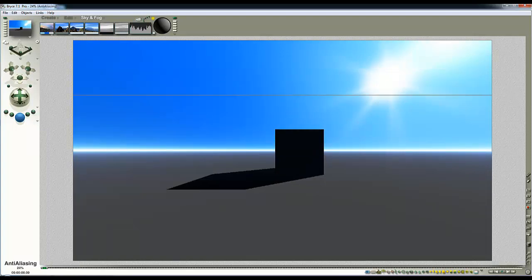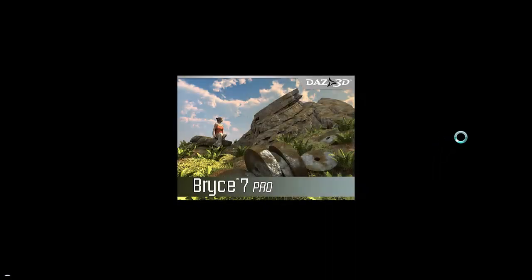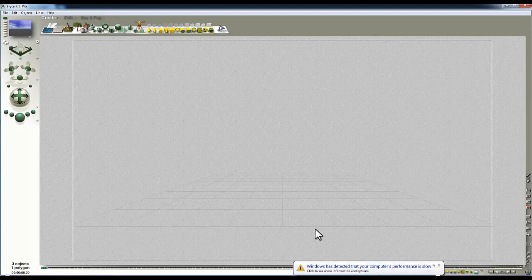Now I thought what we could do is just look at making some more of these, because they tend to have several elements to them. So I'll just open another instance of Bryce, which will take a moment to load, and then after that we'll look at how you can go about colouring them, because if you colour,